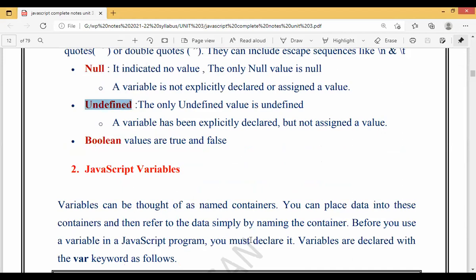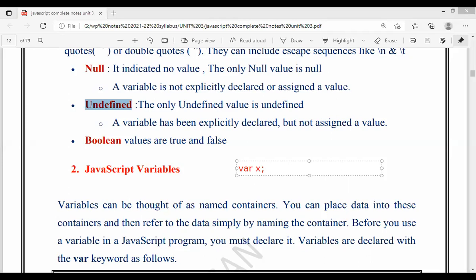For example, suppose I take var x. It indicates that there is no specific data type for this variable x. Var is a data type which stores all types of values.